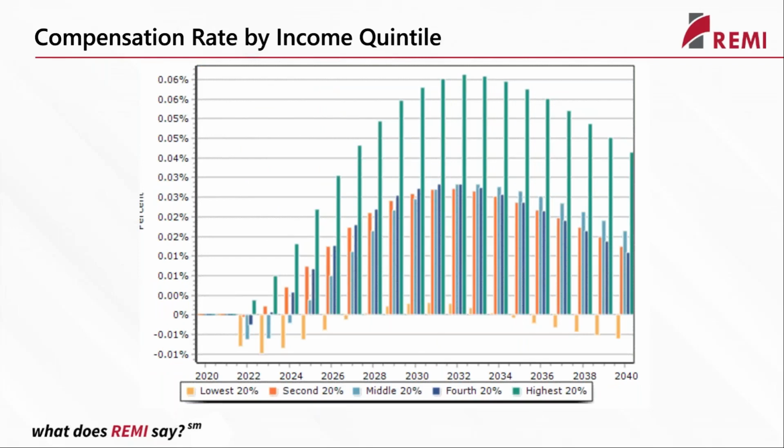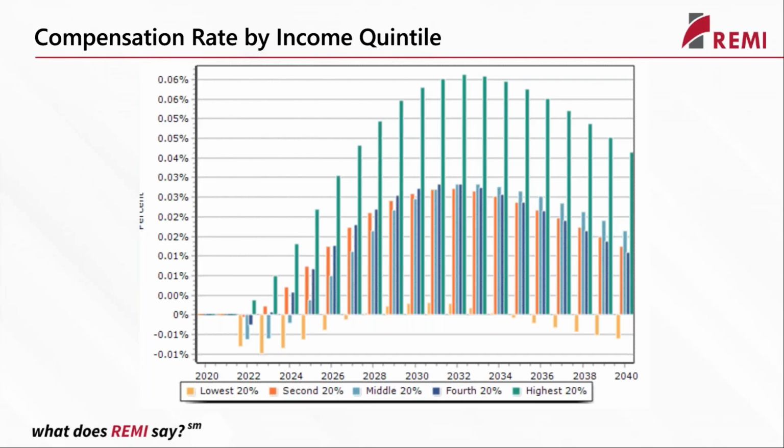All right, and lastly, we can see compensation by income quintile, and this is also probably not an outcome that is very desirable for policymakers. So you can see that the highest 20% is seeing some compensation rate gain. There is upward pressure on wages as people leave the state, and as housing prices increase, there's a slight upward pressure on wages. But most of that is captured by those that are already the highest 20% earners in the community. Those in the second, middle, and fourth quintiles of earners see some gains. It's a little bit more muted, but generally there's some gains there.